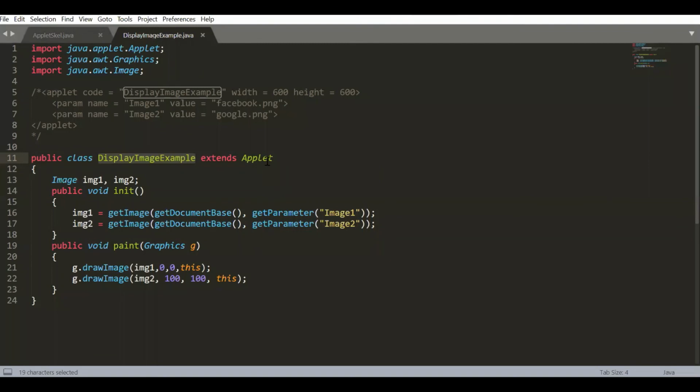Okay. I've saved those two images, facebook.png, where I'm storing this program. So it will be in the default location. If not, you can provide the location here.